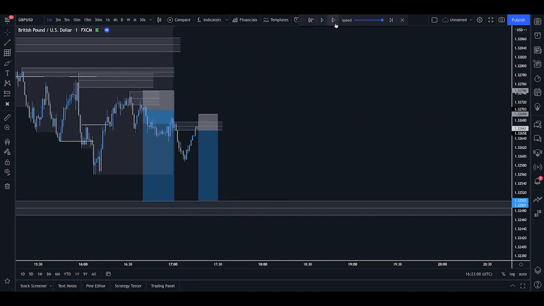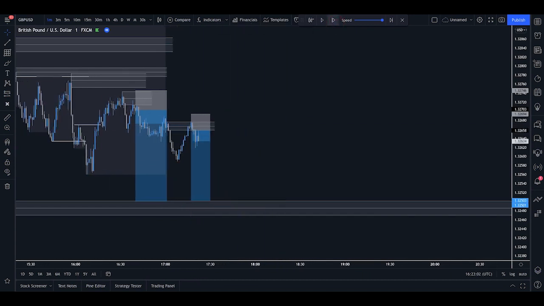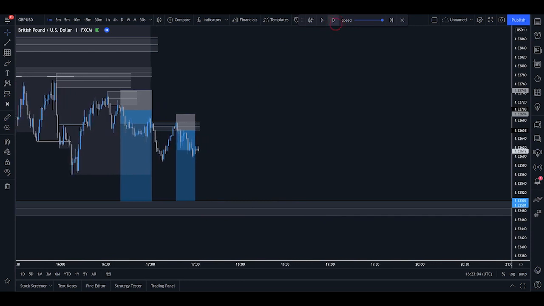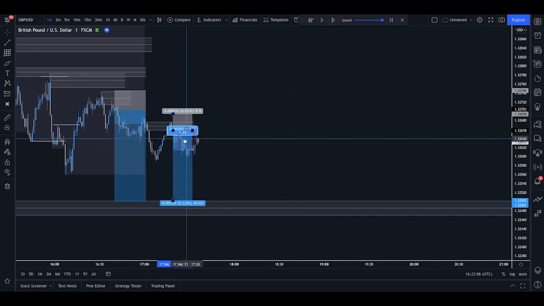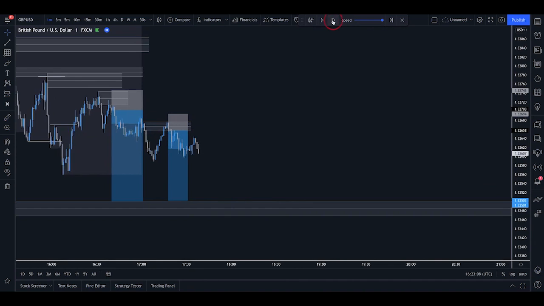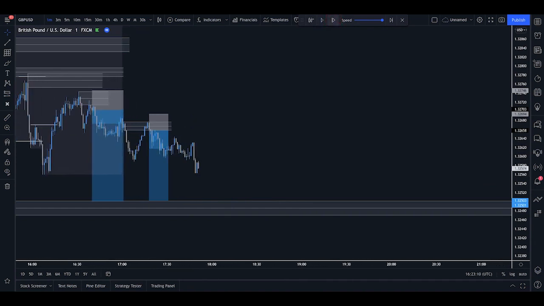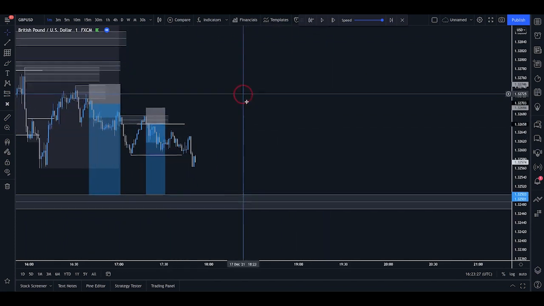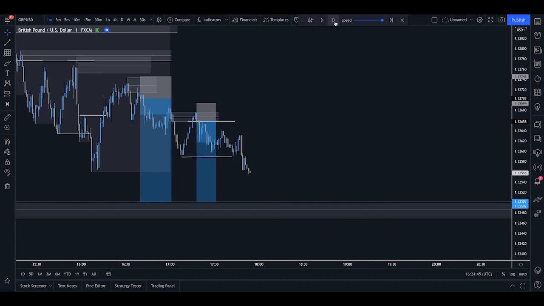And then if we allow the market to come in, we do get a tap into that. And then we do see a sell-off once again. So let's see if we break the structure low this time. That is where we would go break even. So we've now seen a structure low break. We would go break even on position 2, shift the stops on position 1 to this level here. So now we've locked in a definite profit regardless of what happens on the outcome of this trade. And if we just continue letting this trade run,